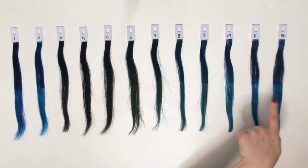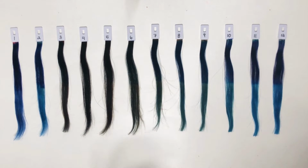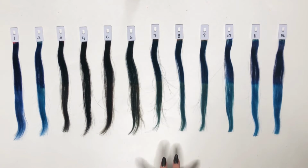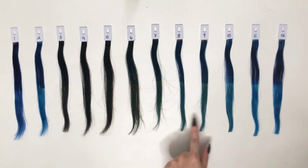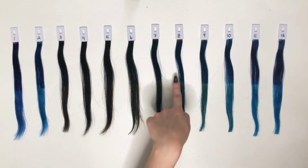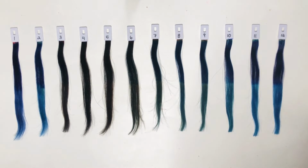I think 10, 11, and 12 for the direct dye portion look the most blue. I think the color of the swatches before being dyed also plays a role in how the blue turns out. It is pretty normal for blues to look almost a little bit more green on darker hair, kind of how it looks on the diluted sections. So there's a lot more warmth, I would say, in the top of these that make it just look less